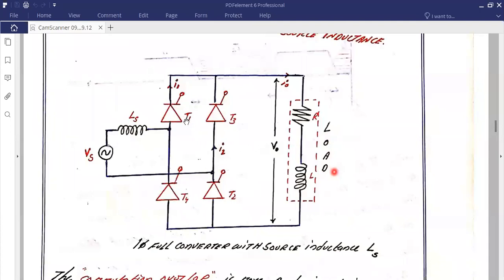In this case, if the source inductance is not